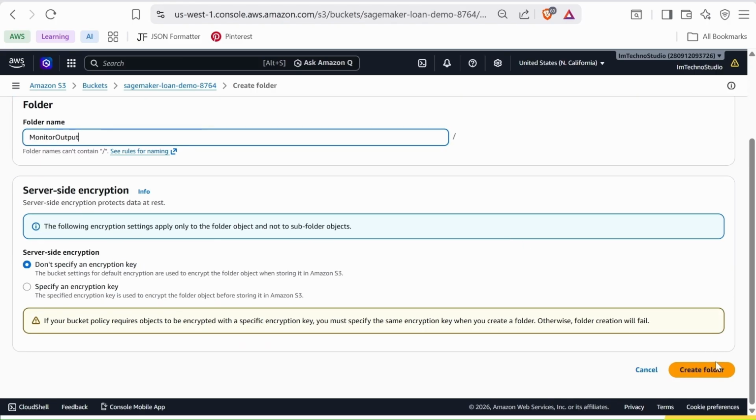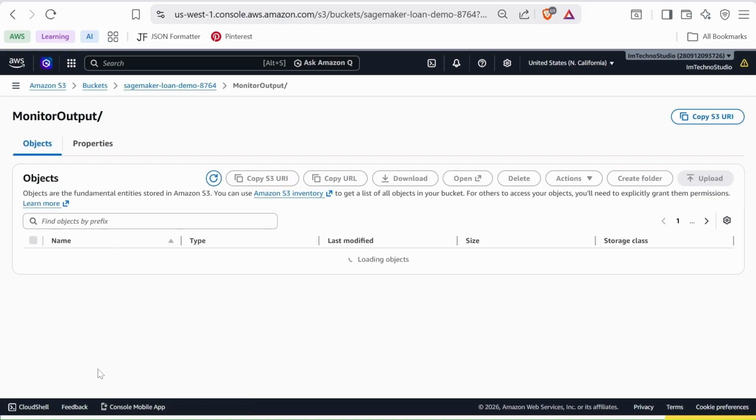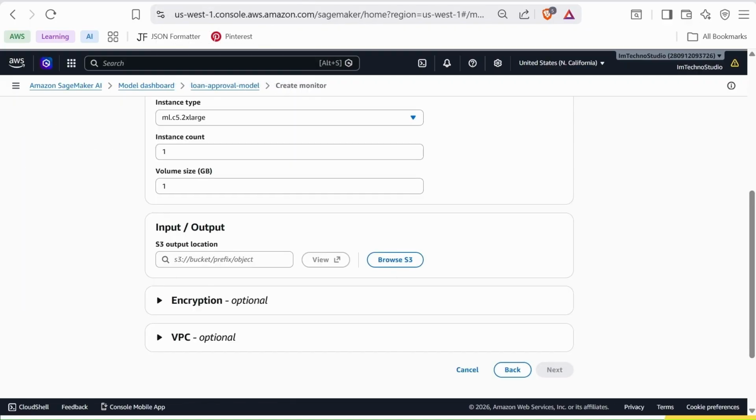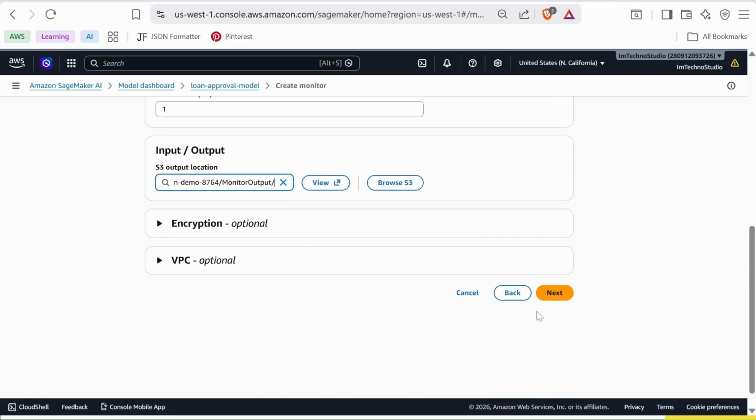Scroll down and click Create a folder. Next, open the Monitor Output folder, copy its S3 URI, return to SageMaker and paste it into the S3 output location field. The encryption and VPC settings are optional. Since they are not required for this demo, we will leave them unchanged and proceed to the next step.